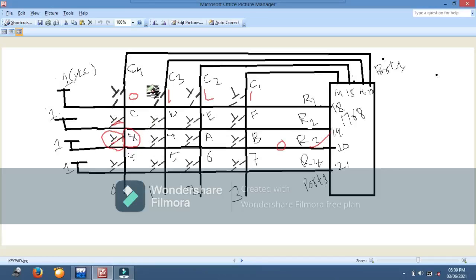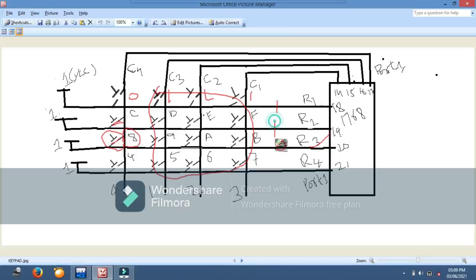Okay, so see, when column 4 is 0, if you press any of these keys, no rows from R1 to R4 become 0, because all the other columns are 1 and only 1 passes to the rows.